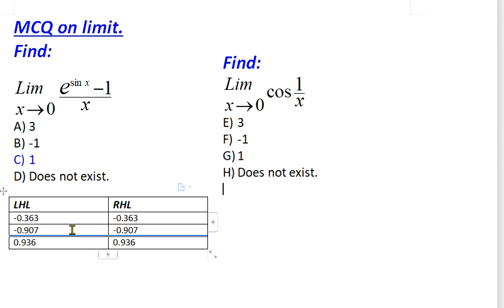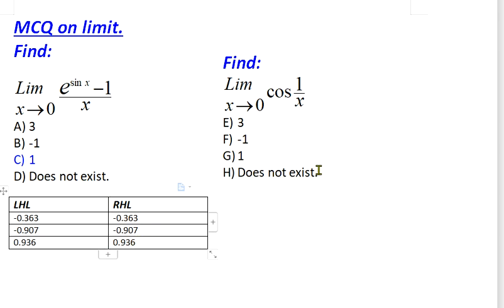For the limit to exist, all the limiting values at the different values of the inputs should converge to a single point. But here the limiting values are not converging to a single point, they are different from each other. So we can say that the limiting value of this function when x approaches 0 does not exist, because all the limiting values are not converging to a single point, they are diverging here.